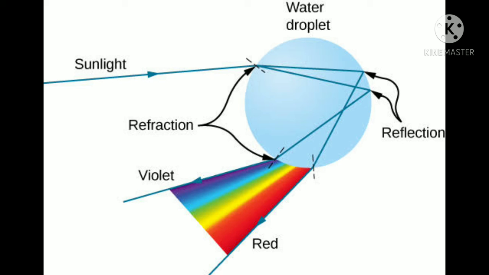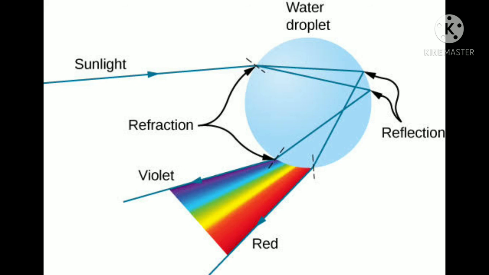When white light passes inside the water droplet, there will be refraction, but inside the water droplet there will be reflection. So we will get the band of colors. Finally, through many water droplets together, this refraction and dispersion of the sunlight happens, and we can see the rainbow in front of us. Here dispersion of light and internal reflection are both observed by the observer's eye.